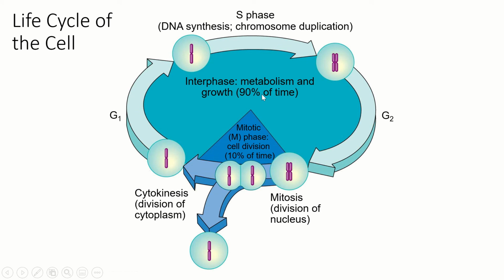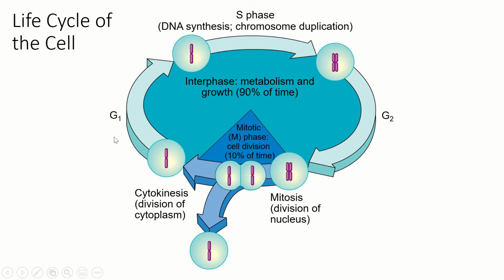All right, so the cell life cycle. Before cells can reproduce themselves, they've got a life to lead. Organisms don't spend their whole time reproducing, they do stuff. So we call this the life cycle of the cell, or the cell cycle. And it's divided into 4 phases. The first phase is called G1, or the gap 1 phase. The second is S phase. The third is G2, or the gap 2 phase. And the final one is M phase, or mitosis.